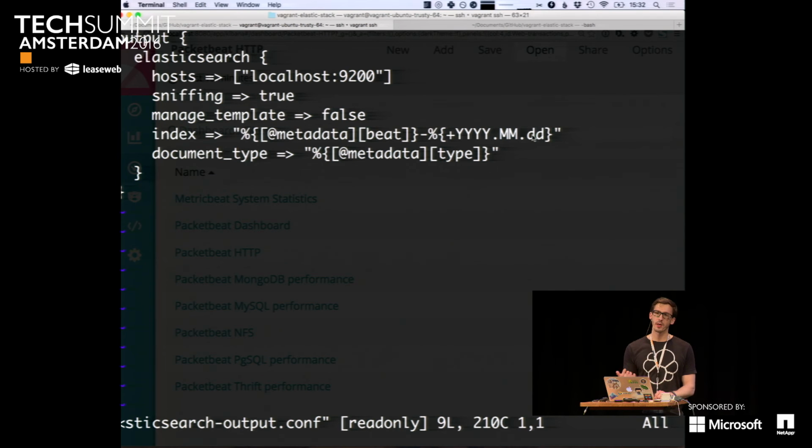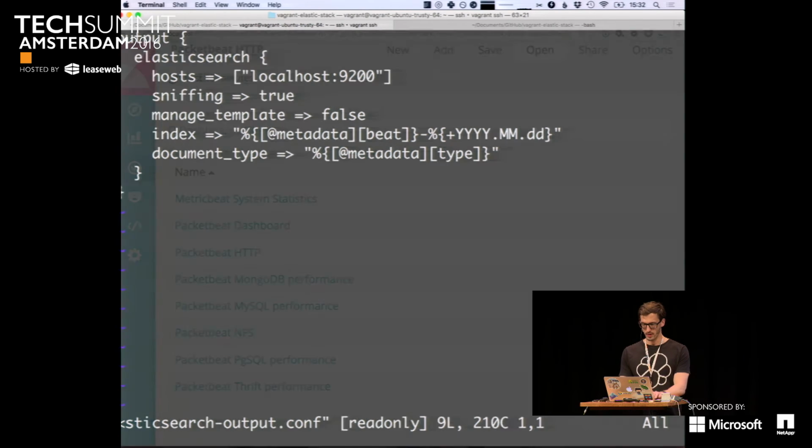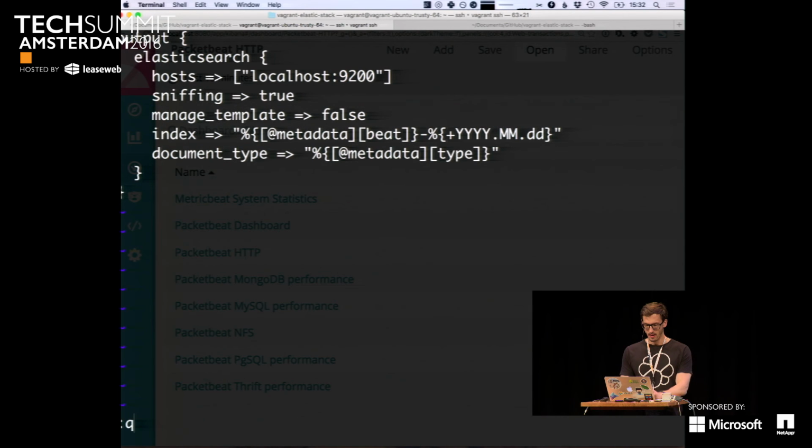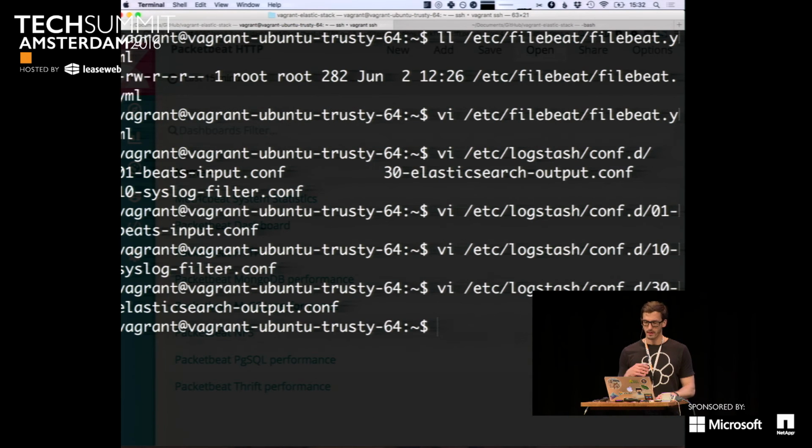And if you at some point decide I don't need the logs for that specific date, you can simply drop the entire index and get rid of all of that stuff. Of course you could configure that to only create one index per month or whatever, but here you can see how it's working. And I think you're getting the idea. And for the dashboards, there's basically one predefined dashboard file you can simply import from the installation you get with each Beat.